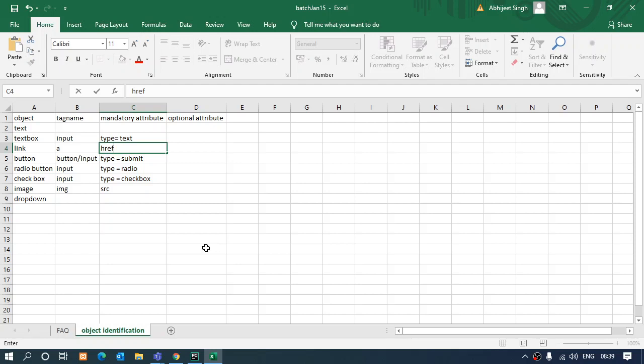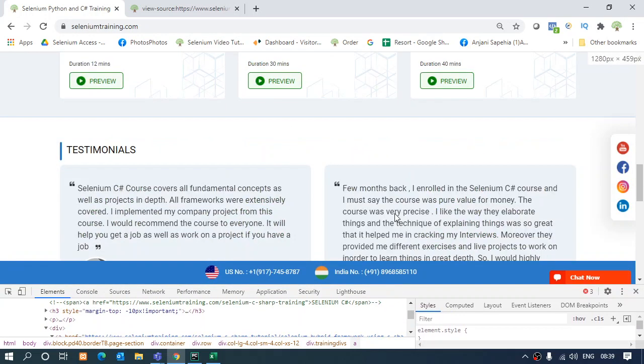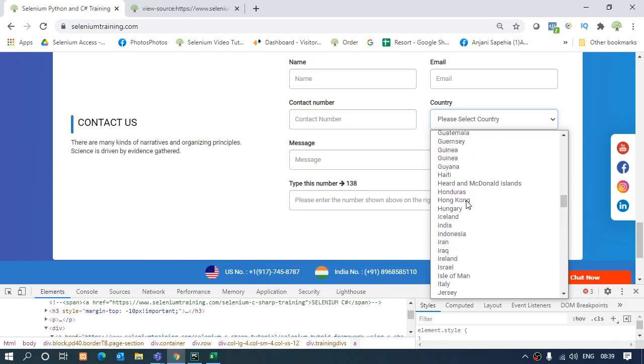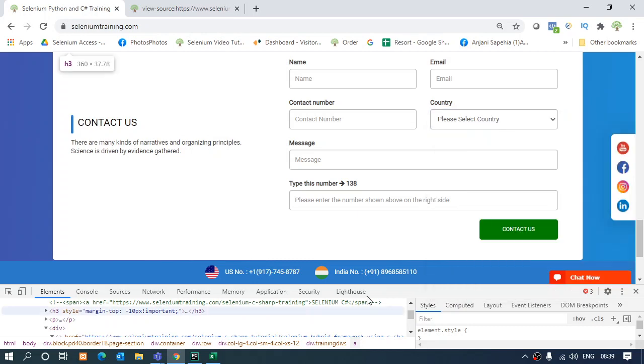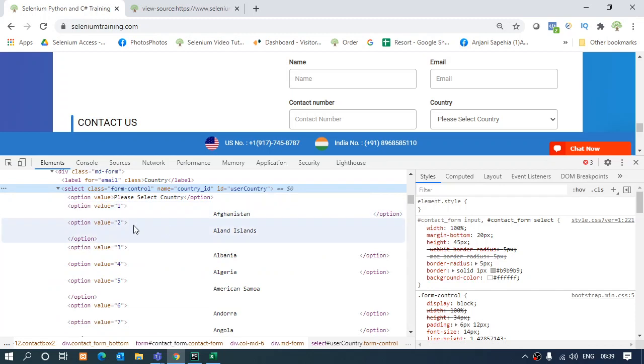Okay, now we are left with drop down. Now drop down is also different. It's very important to understand how drop down is different. If I show you a drop down over here, this is the drop down which has the countries captured over here, right? If I inspect this, this is what has been highlighted over here, and inside this tag, inside this page source, there are options coming up. Option, what is the value with that? Please select country. This is the default value of the drop down.